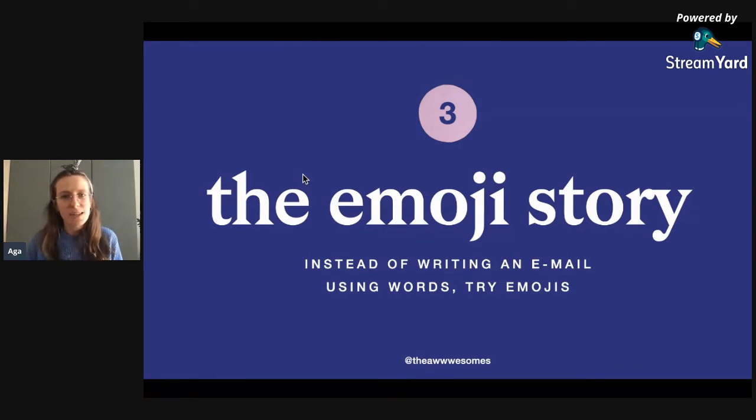All of us communicate nowadays very often with emails. So instead of writing an email with words, try using emojis. And of course, you don't have to send this emoji letter to your friend or your coworker or any officials. You can just keep it in your diary. But I think it's a great way to practice your creativity,